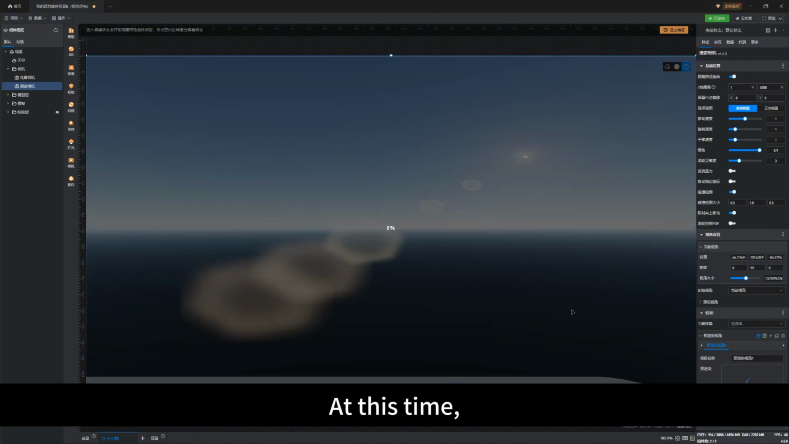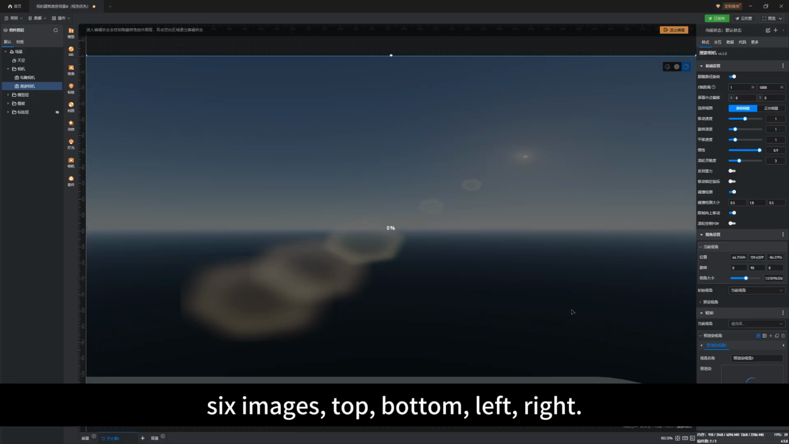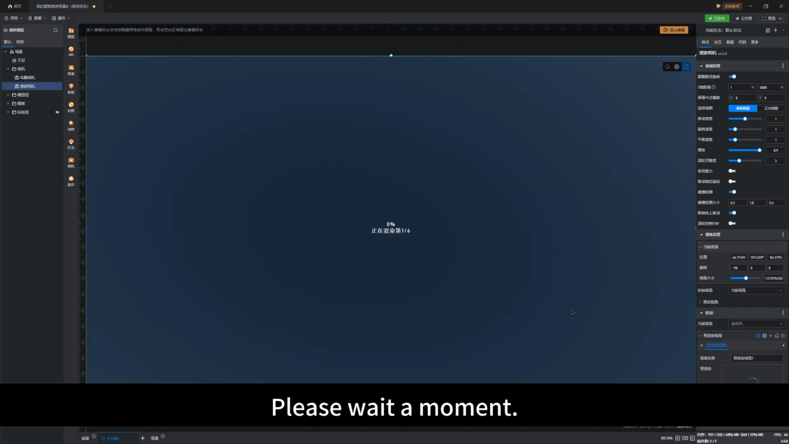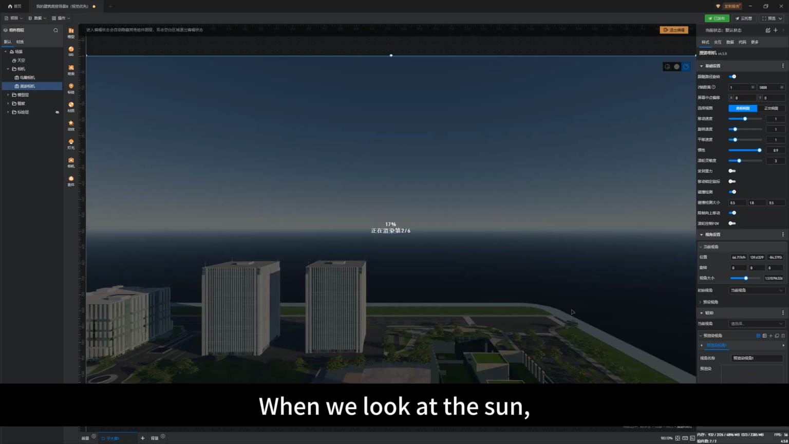At this time, it will render 6 images: top, bottom, left, right. Please wait a moment. There is an initialization process. You can see that just now, when we look at the sun,